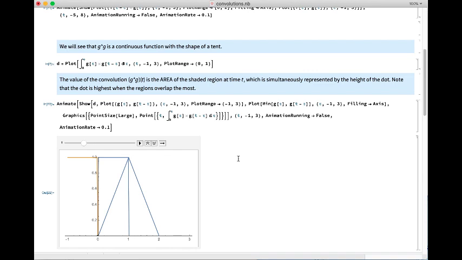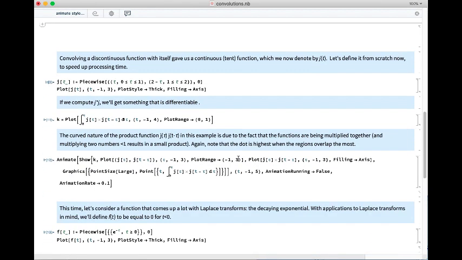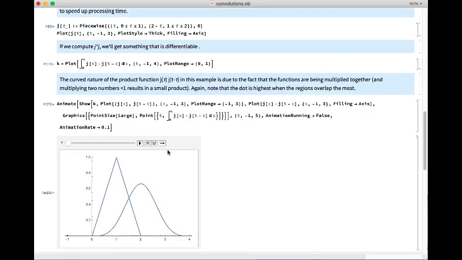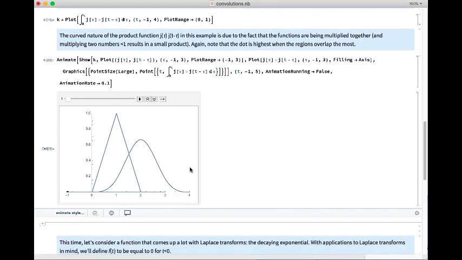All right, now what happens if I take two of those tent functions and convolve them together with each other? We'll get something that looks like this sort of bell curve. Now this is not a Gaussian, it's a different kind of bell curve. It's actually a spline. But let's see, so now we've got two of those tent functions, and as we bring them together right here,